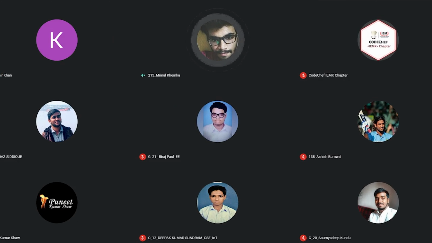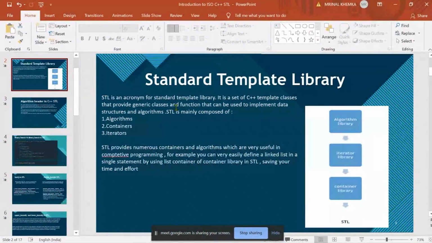So let's get to know more about STL. STL is an acronym of Standard Template Library. It is a set of C++ templates that provides generic classes and functions that can be used to implement data structures and algorithms. STL has basically predefined algorithms that are very powerful and very useful when it comes to competitive programming. Generally, a competitive programming contest is of very small duration, such as 2 to 3 hours.